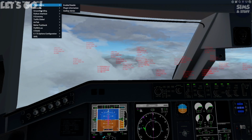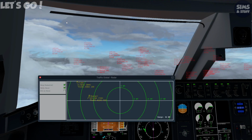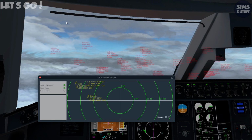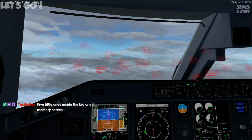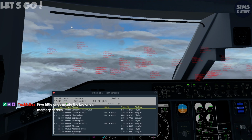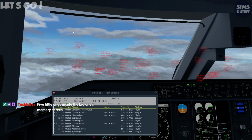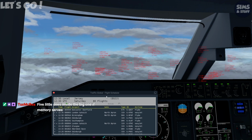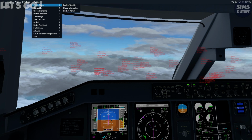Look at the radar again. There's only a couple of planes within 36 miles of me, so that's slightly reassuring. Don't know where it will set as a departure now, because it doesn't know where I am. Flight schedule. I've still got Jersey. So how do I... 5 little ones inside the big one. Oh, okay. How do I get it to show the flight where I'm going then? The place where I'm going. So surely I want to be able to see...